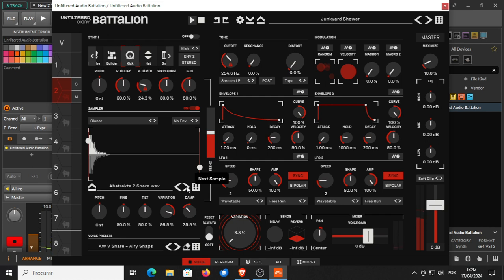So even making just textures, that's what I like Playbox also for. What you now hear over here is just little textures and little ambient sounds and stuff for the background. That is what Playbox is so good at. Only Playbox, I don't like the fact that Playbox only runs